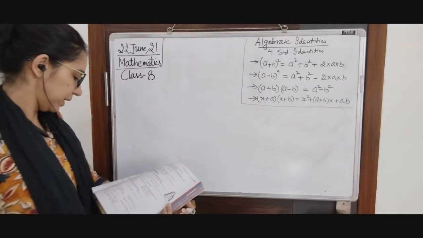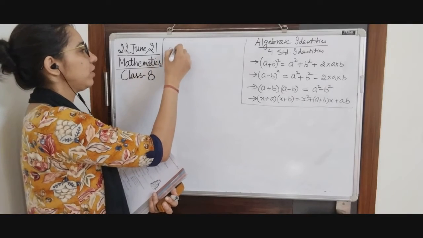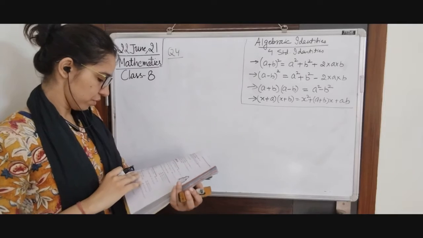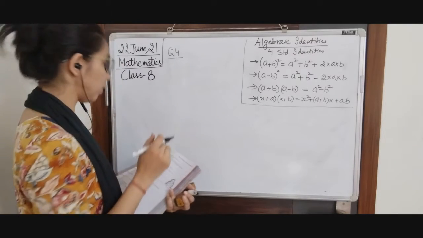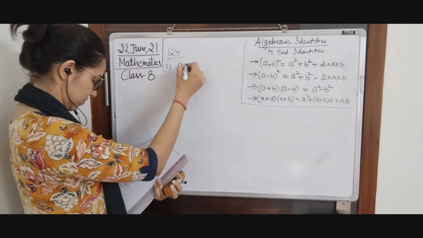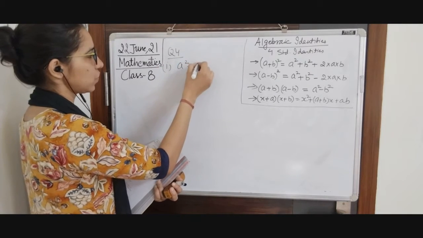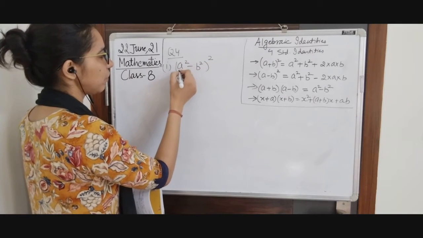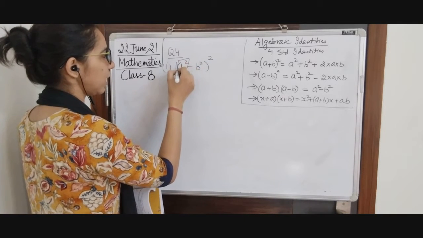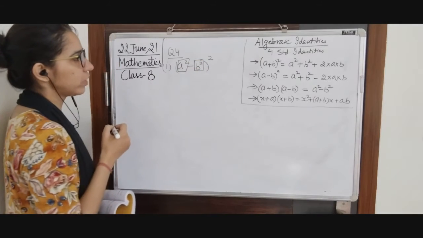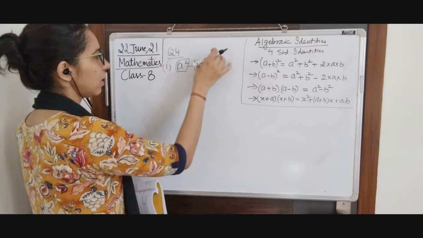So we completed up to question number 3 yesterday, and now question number 4. We have to simplify. The first part is we have to simplify (a square minus b square) whole square. Don't get confused by the square inside the bracket. You have to treat them as one term. This is one term, this is the second term, and we have to find the whole square of their difference.